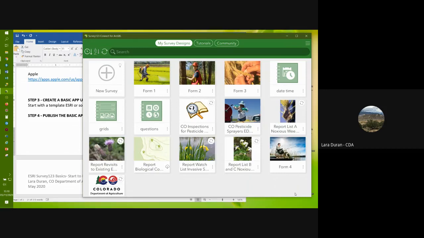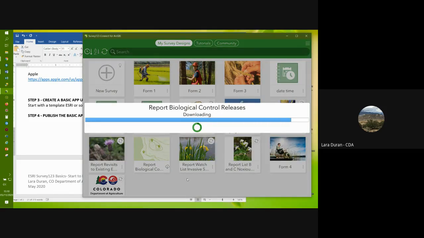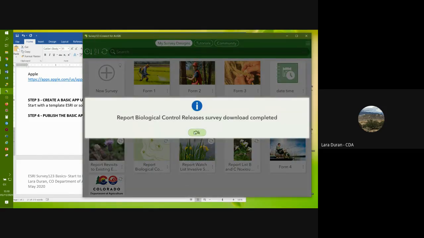So I'm just going to use a form I've already created. This is a kind of a test one. And so you just click on it. And so when I send you the noxious weed surveys, this is what you're going to want to do. You'll save it somewhere on your C drive, and then you'll connect to it this way. So you just hit yes, and up pops